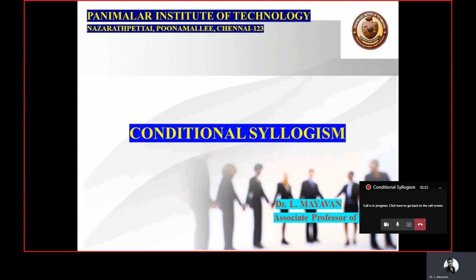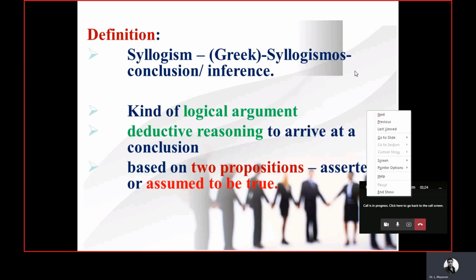In this session, we are going to learn the conditional syllogisms. What is a syllogism? Syllogism is a Greek word derived from the Greek term syllogismus, which means arriving at a conclusion or a rough inference. It's a kind of logical argument